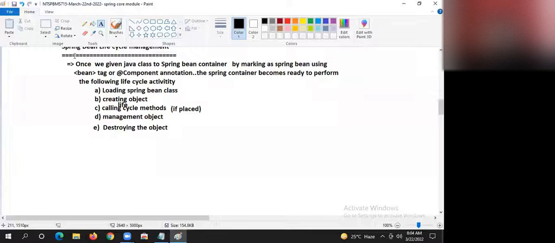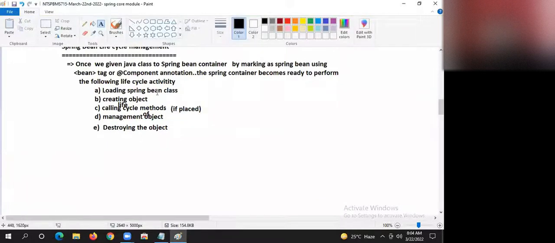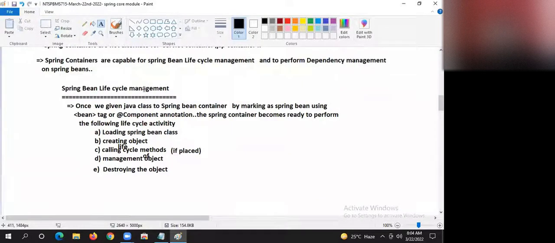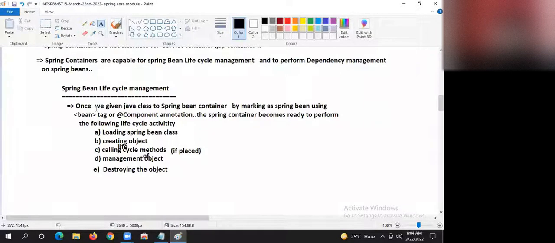Please, guys, focus. Loading Spring Bean class, creating object, calling life cycle method, management of object, destroying the object. Everything will be taken care of, my boss.